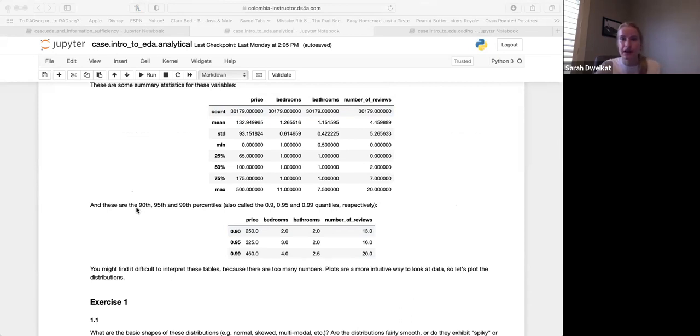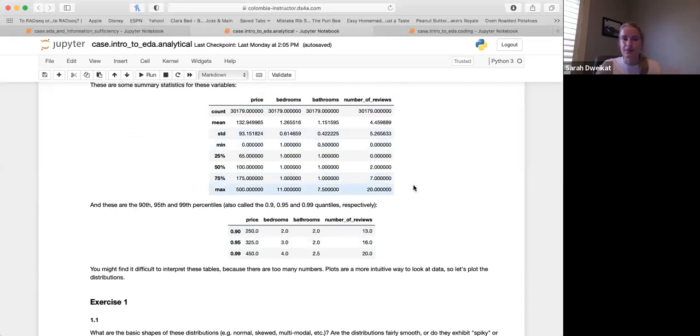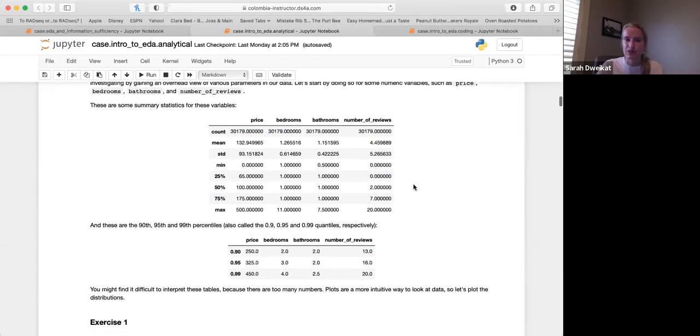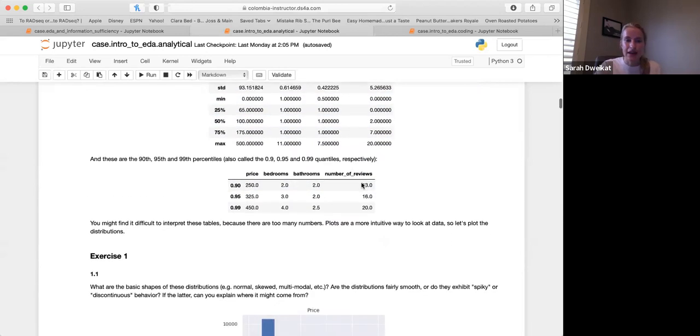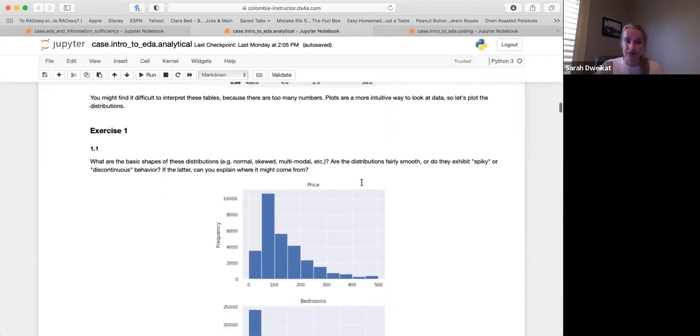A histogram shows our distribution as well, the layout. So these plots also tell us a bit about our distribution of data. Like I said, you can see that there's a pretty big jump here. The majority of our data, 90% of our data, is $250 or below for price. The same with bedrooms. So you can get a pretty good idea from just this what our data looks like in terms of these couple of variables that we find important. And then we can also look at a histogram for these.